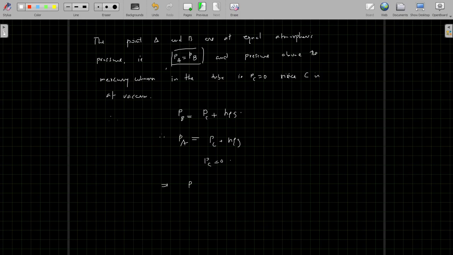Therefore, PA is equal to H rho G. So H is, as you have seen, the observed value is 0.76 into density of mercury is 13.6 into 10 to the power 3 into 9.8. So if we do this, we're going to get the value to be